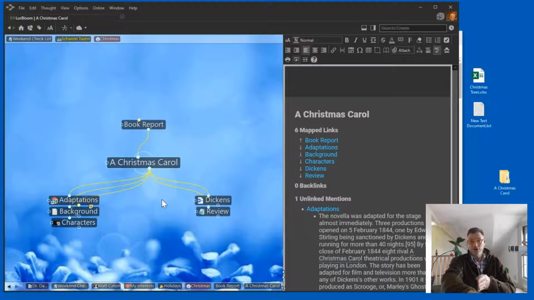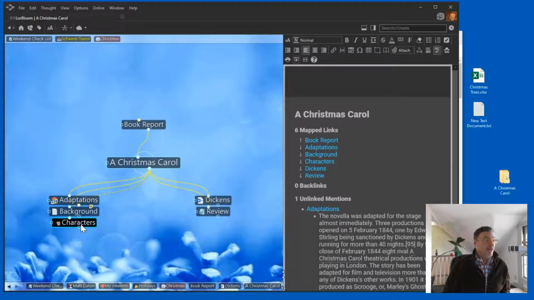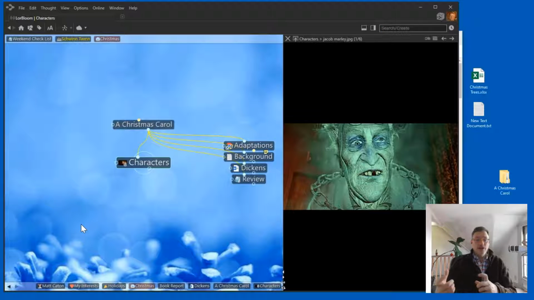That was the folder that I imported. And all of my subfolders down below are thoughts. So there's the review directory, with the Word document on Charles Dickens added as an attachment to this particular thought. The characters. Now in the characters directory was a series of pictures of many of the different characters within the